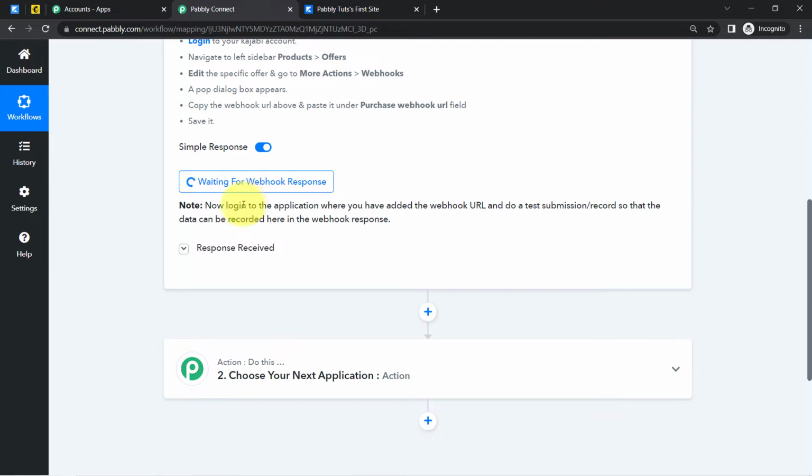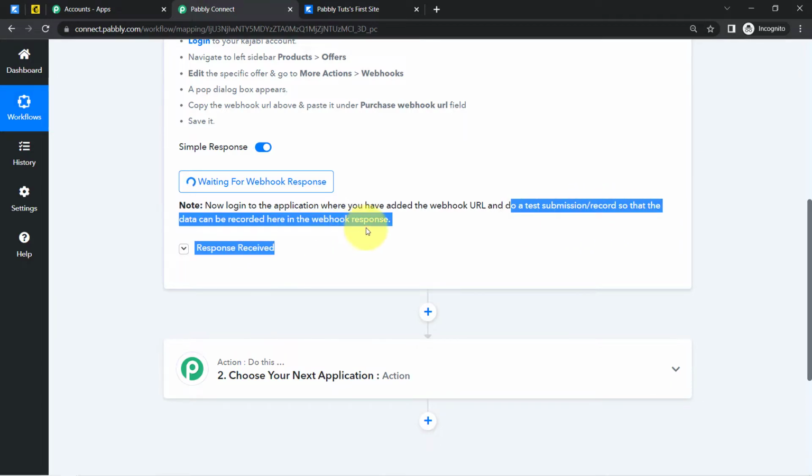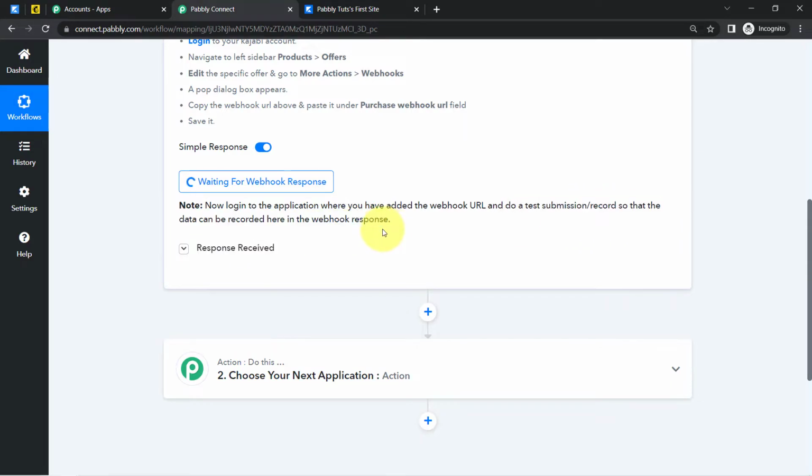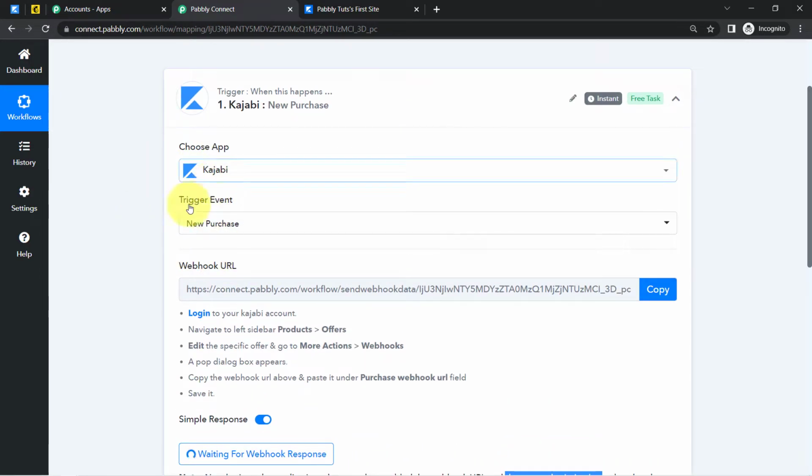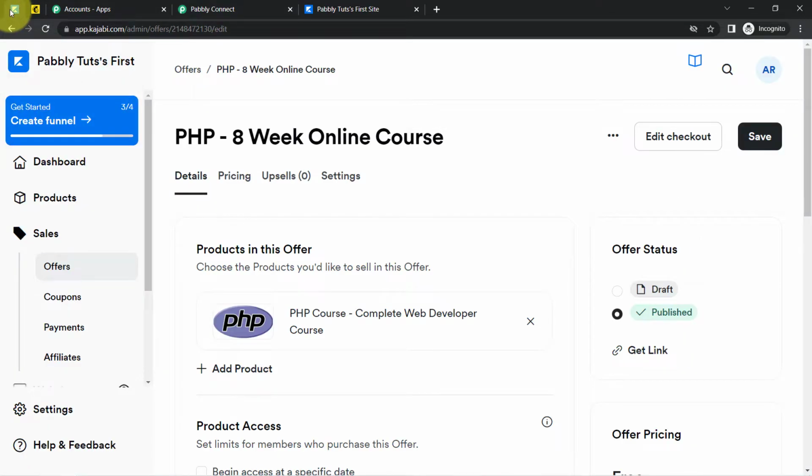It is saying that now log into the application where you have added the webhook URL and do a test submission or record, so that the data can be recorded here in the webhook response. So here it is saying to do a test submission, and here the test submission means just doing a test payment in Kajabi software. So I will go back to my Kajabi software, and here I will open the checkout